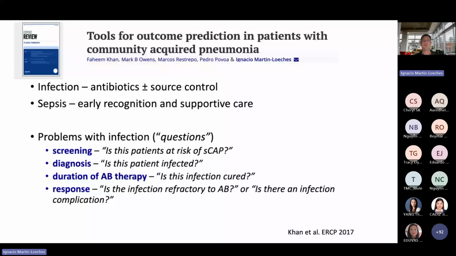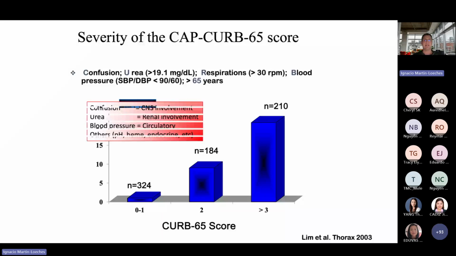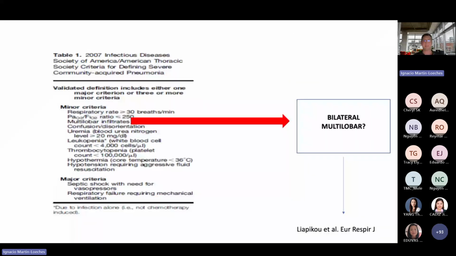We also have to consider that when we are looking at community-acquired pneumonia, and just to give an example of different scores, this is the CORP score, which is going to take into account, again, very different organ failures. Because remember that pneumonia is a systemic disease. For that reason, we need to evaluate which are the criteria that are going to help us to detect those patients that are going to have the highest mortality.